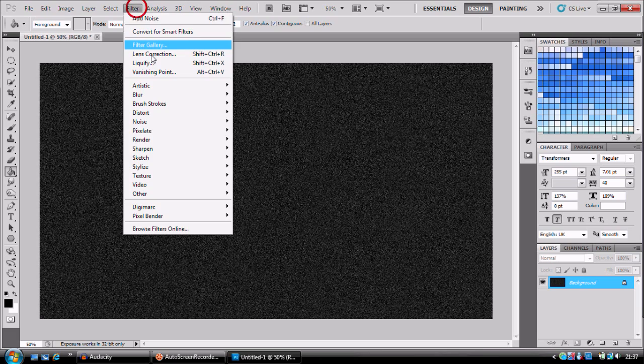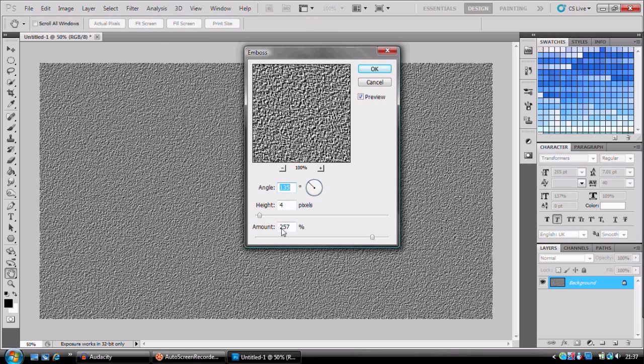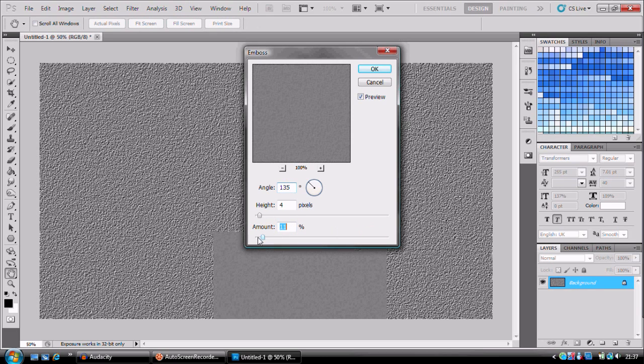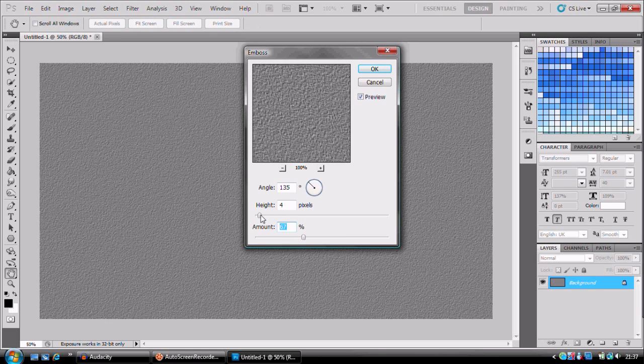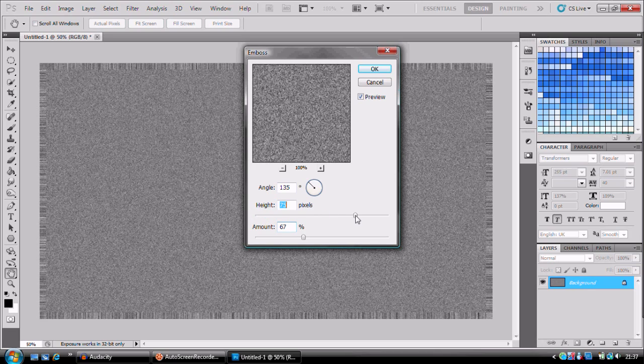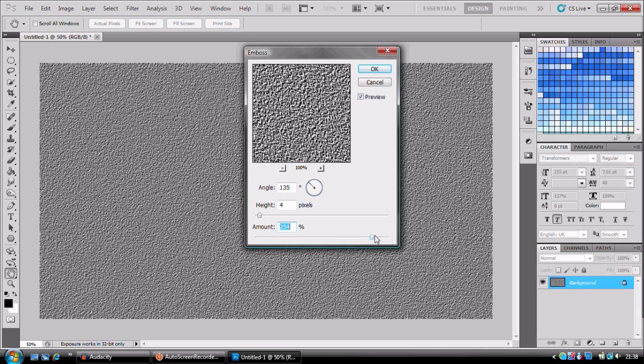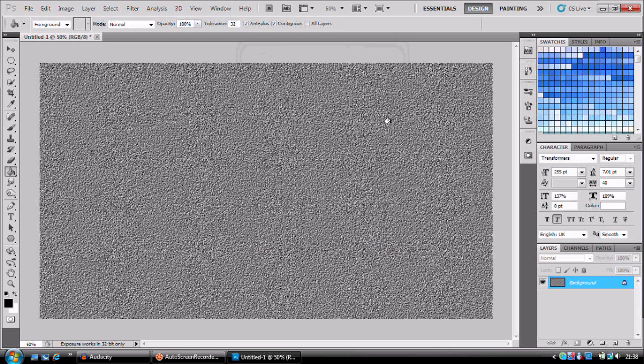Monochromatic, press OK. Next up we're going to go to Filter, Stylize, Emboss, and for mine I'm going to have, I can change this about completely. You can see that doesn't do anything, and this makes it really weird. So I'm going to have about 4 pixels, and I'm going to bump the amount up to about 231. Now you're going to say that doesn't look like leather at the moment, but what we're going to do